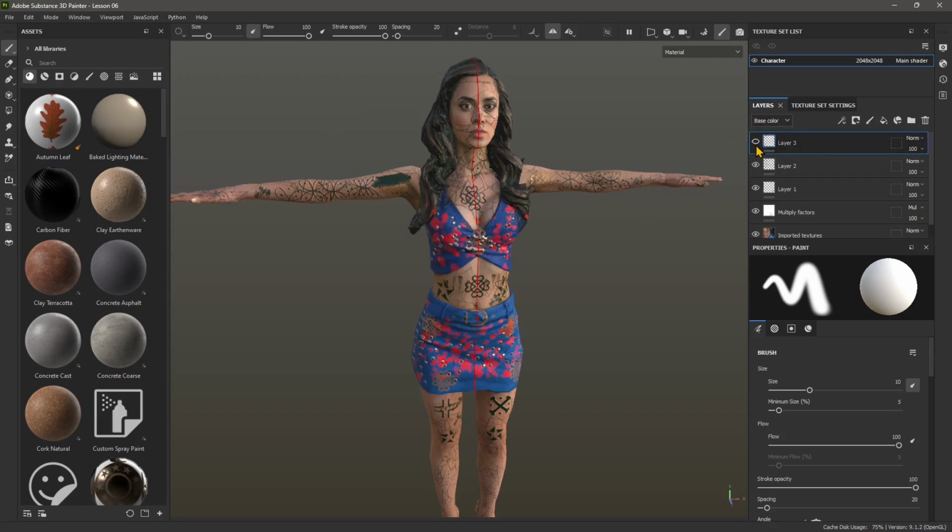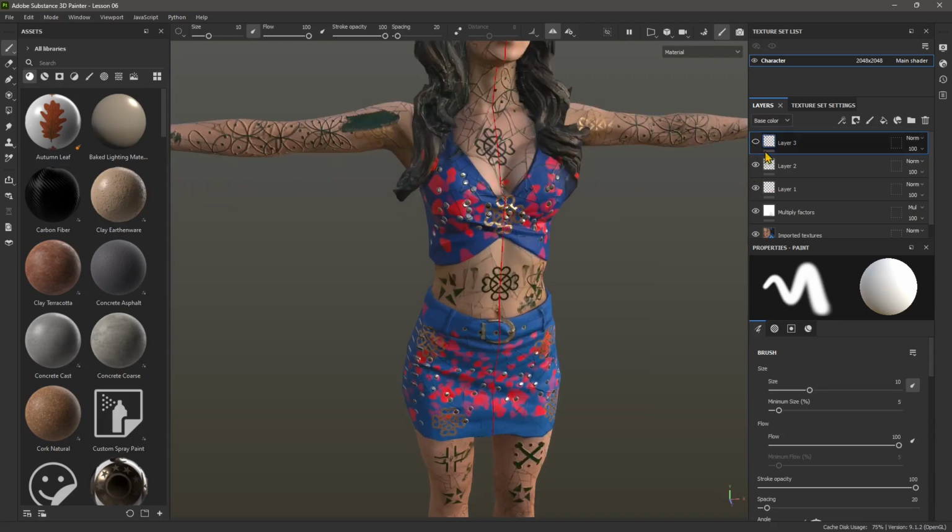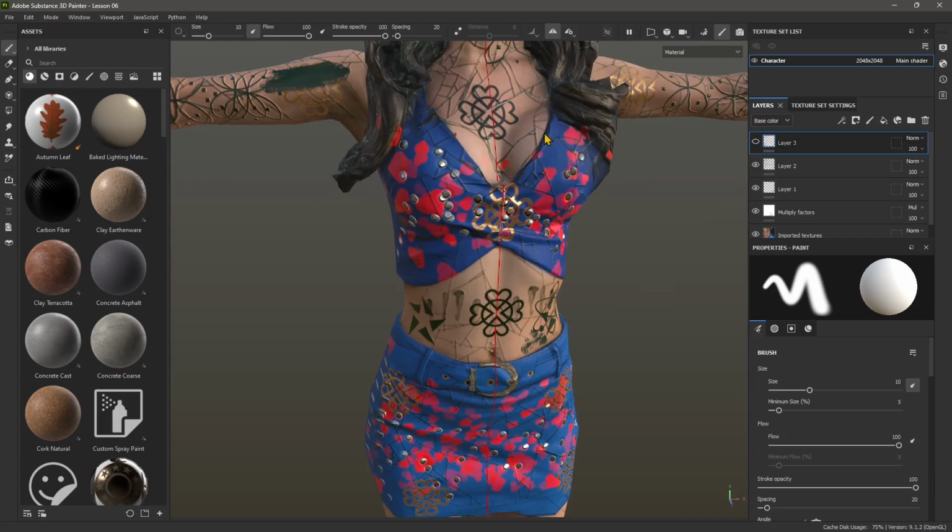Now you can always create more layers if you want to turn the various paints on and off, and sometimes it may happen that you go over with some paint layers on other parts that you don't want to paint. To delete those, we have the eraser, and we have two types of eraser. We have standard eraser and physical eraser, just like we have standard paint brush and physical paint. If I use the standard here, it's simple, and it works like the brushes. So you have a size, the flow, the opacity, the spacing, and everything we saw in the previous